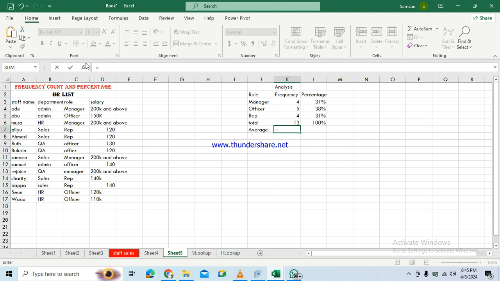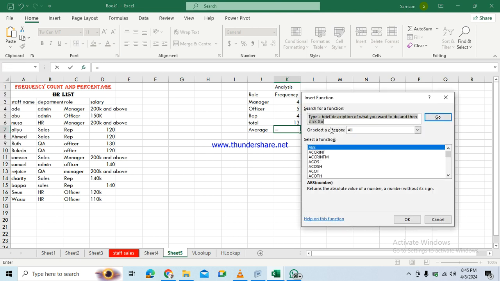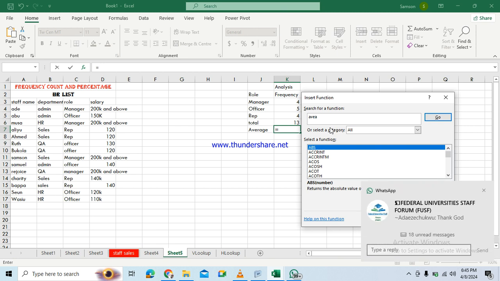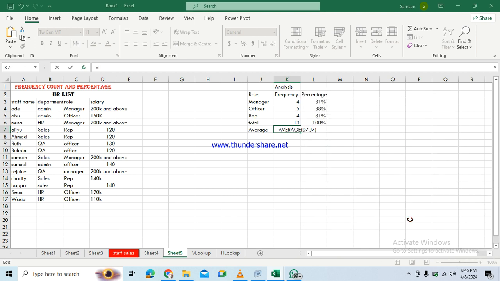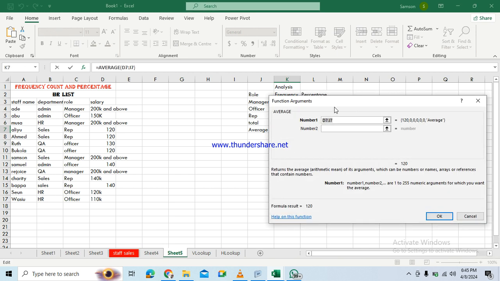Okay, please look for average. Look for average. Can we have average here? I'm not seeing average here. Okay, so click on the more function and search for average. Search for average, click on go, let's look at average. Okay, click on OK, then we'll select